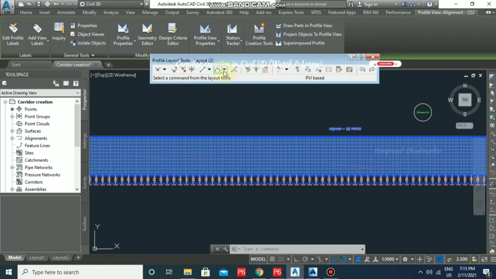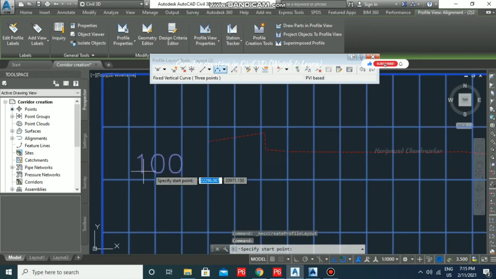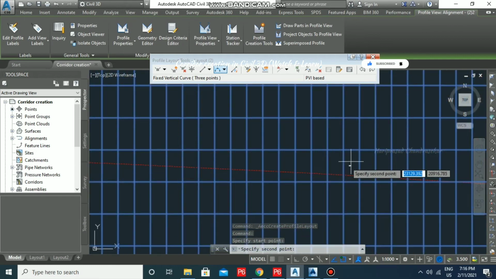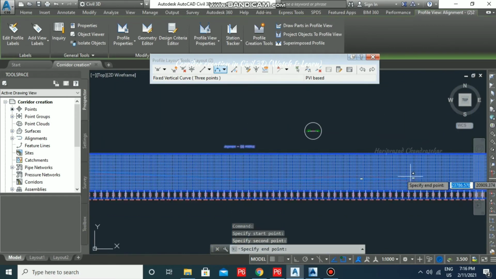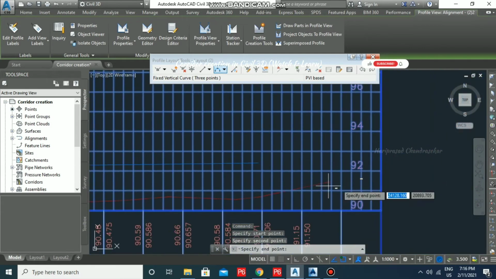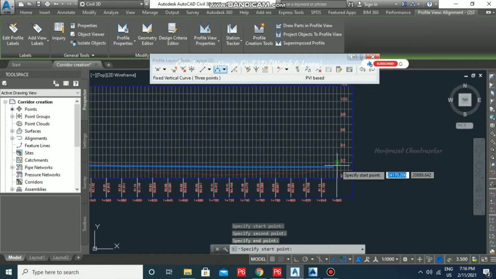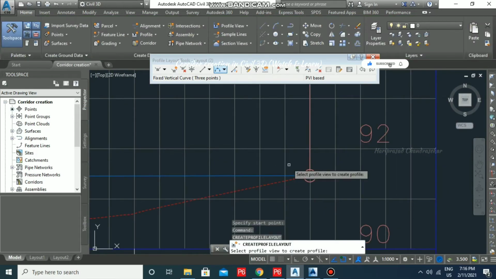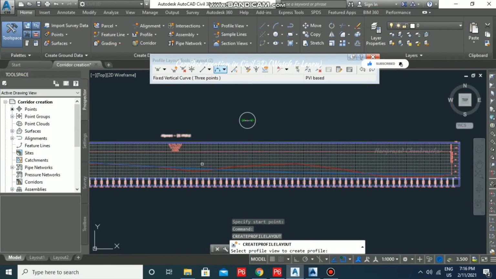Now I'm going for fixed vertical curve 3 points. So exactly I'm clicking here, then somewhere here, and then the third point, and once you put enter it will create the profile.